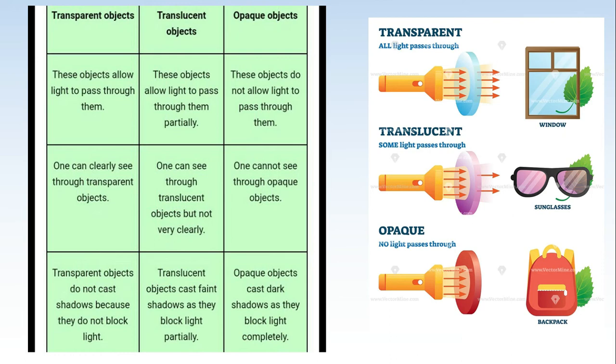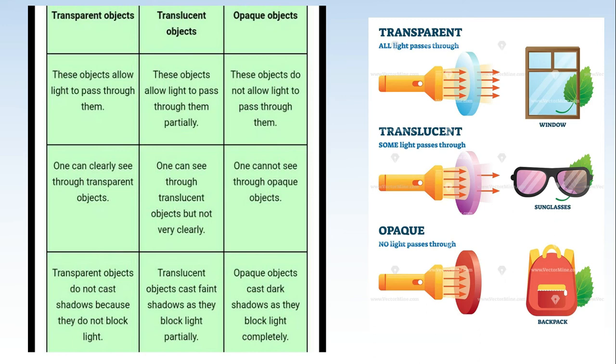As you have seen, on your right-hand side there is an example of transparent, translucent, and opaque. Transparent, you can see that we can see the leaf behind the window. Translucent, we cannot see the leaf clearly behind the sunglasses. And for the opaque object, we cannot see half of the leaf that is